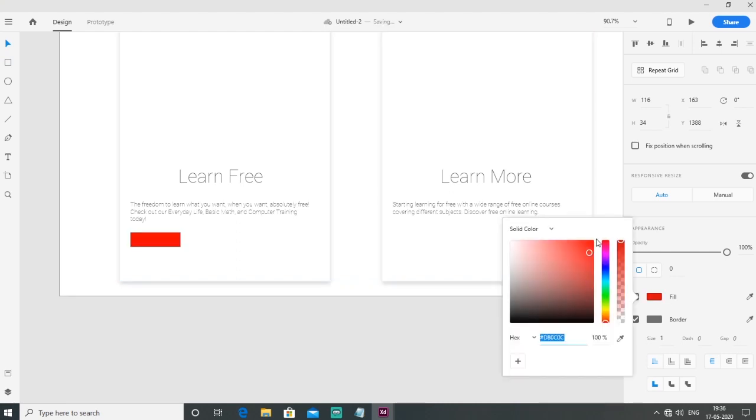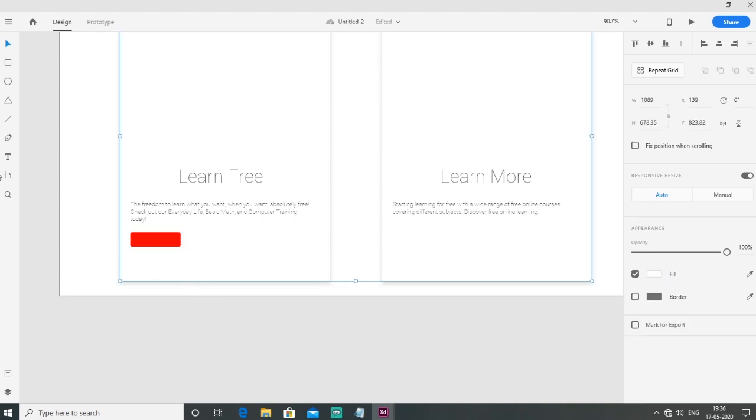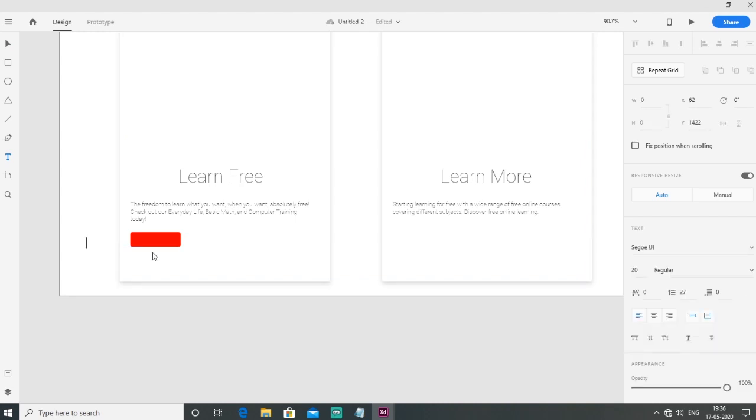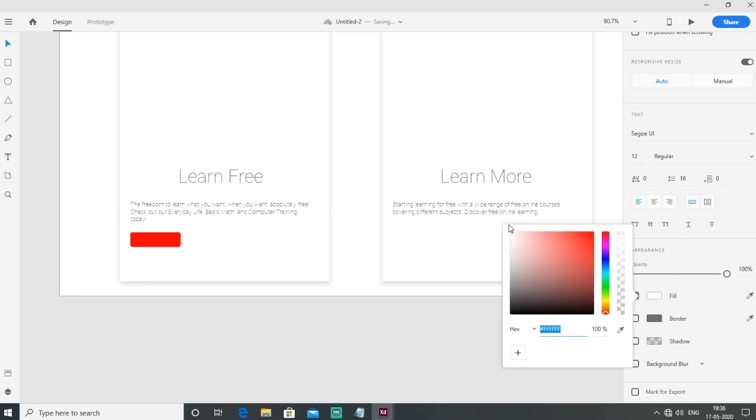So here I change color into red, rounded corner 5, border none. Then I go to the text tool and change the color into white and size 12.